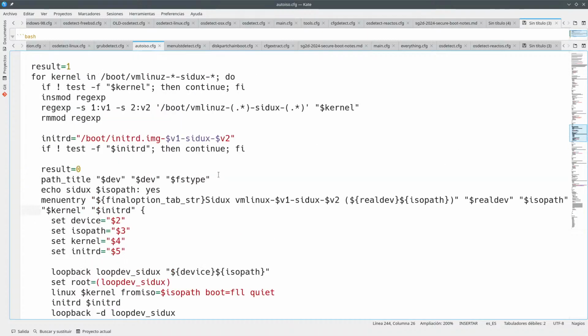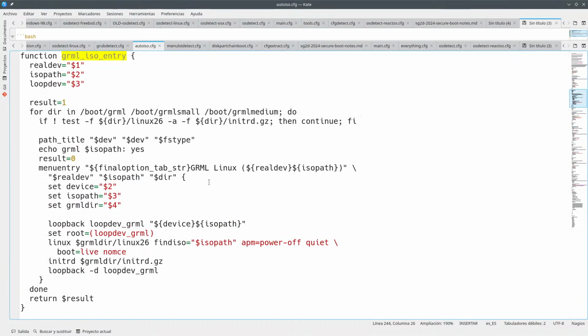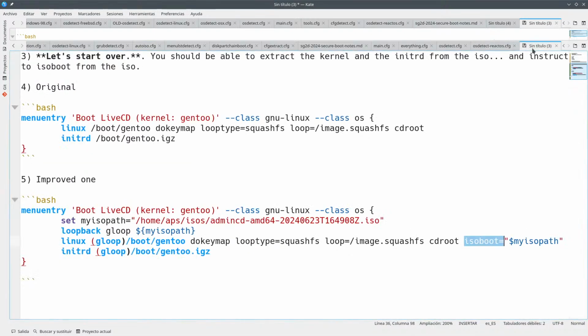You can contribute here so that you try to detect something that says, okay, this is Gentoo, and then if you know how to boot Gentoo, Gentoo is isoboot, so you use that.